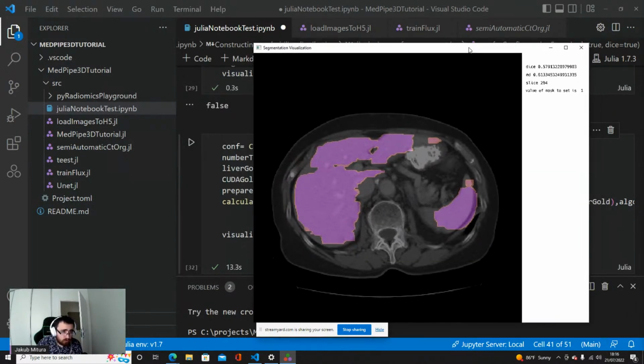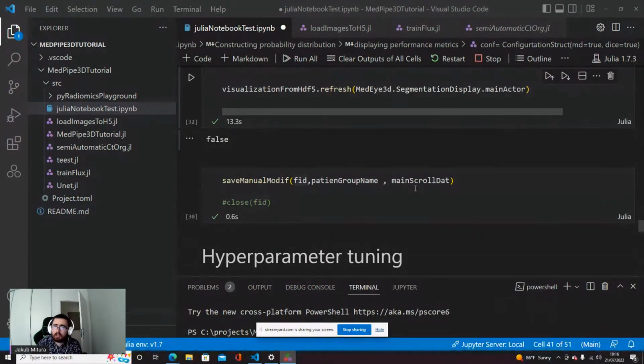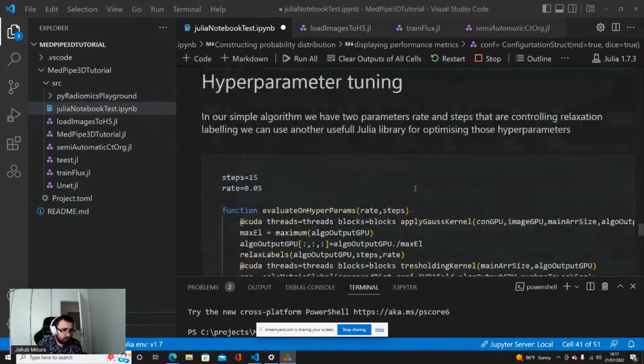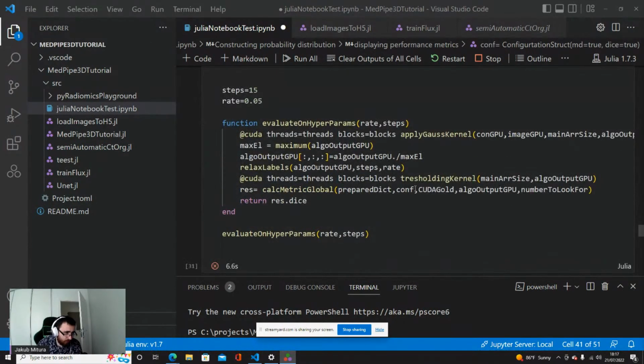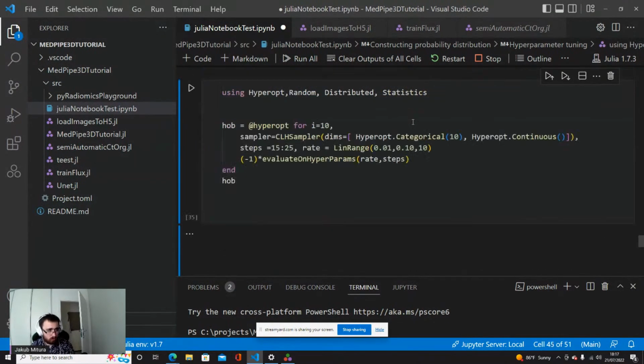Okay, so going on with this, we also have hyperparameter tuning. And how do we perform this hyperparameter tuning? In the case of Julia, it's really simple.